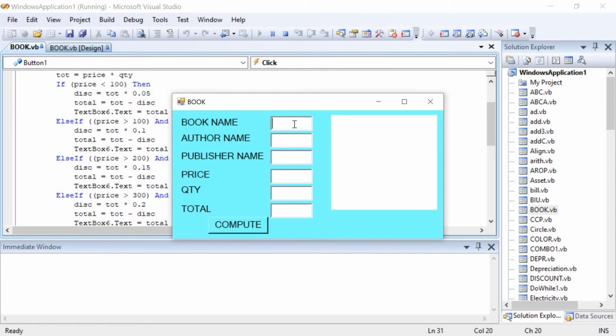Book name, just take here GST. Author name ABC. Publisher name XYZ. Price 400. Quantity 6, click on compute, right?